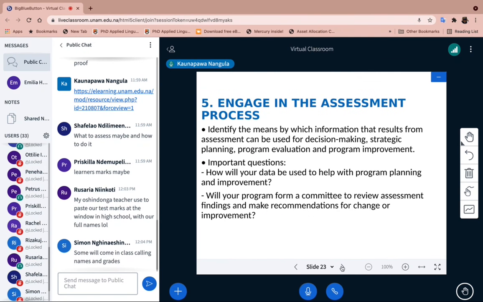Moving on, identify the means by which information that results from the assessment can be used, either for decision making, strategy planning, program evaluation, and program improvement. So that's very self-explanatory, right? And it's also in some ways related to the point that I just covered earlier. All right, so you use information to make decisions on who passes and who fails, who needs